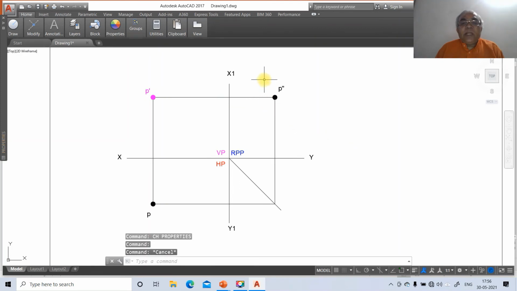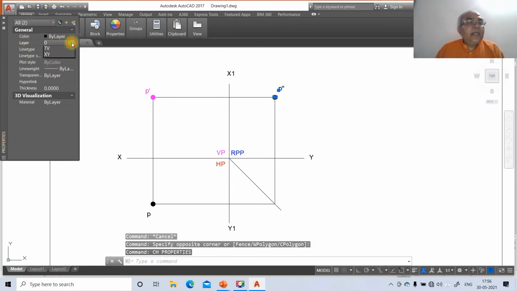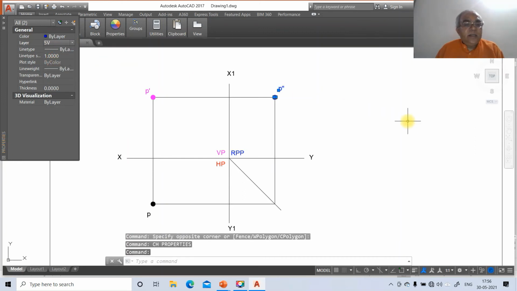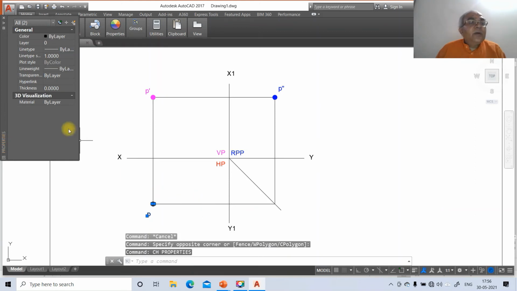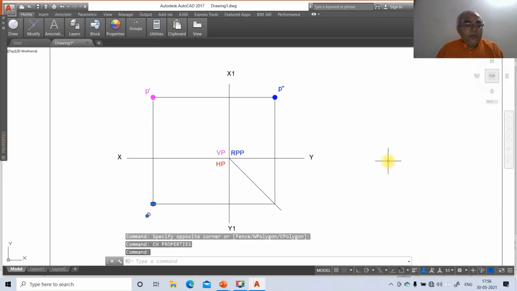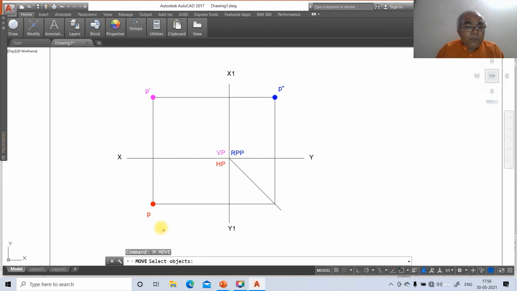Then you select between these two, go to CH, go to layer, make that layer side view. Then again you select between these two, go to CH, go to layer, make this layer top view. Once you do that, then move the points appropriately.